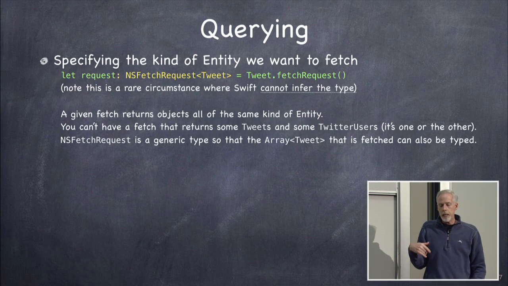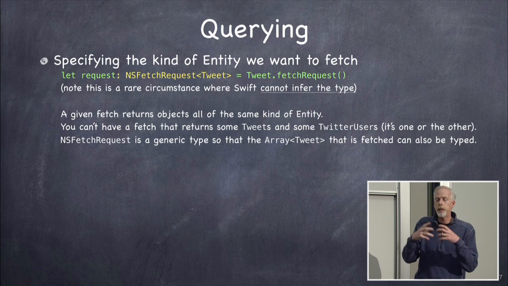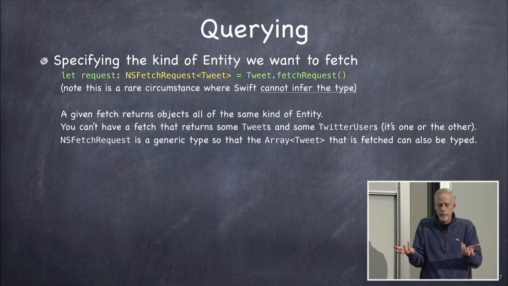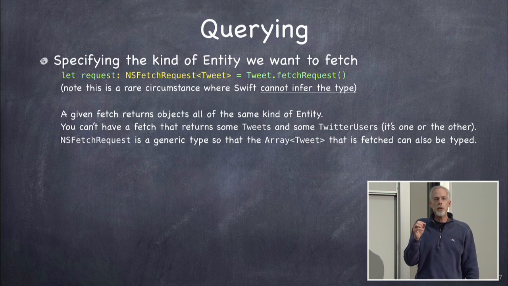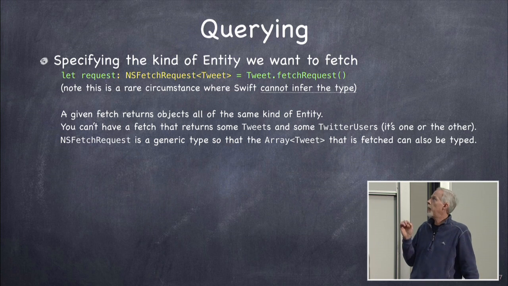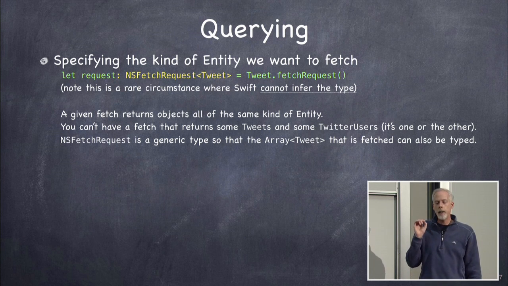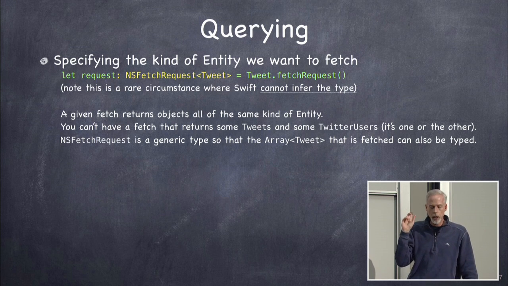Getting the fetch request is easy. We're going to use that little static function that the extension that I talked about made for us, called fetchRequest. Now, this is one of the very few times when Swift cannot infer the type of this return value. I should put this in red, because it's so rare. Swift can almost always infer things. But it turns out NSManagedObject has a fetchRequest method, and it returns a more generic kind of fetch request. And so when you're getting it, it doesn't quite know which one you want. So when you ask a tweet for its fetch request right here, you have to tell it that you want the one in Tweet, not the one from its superclass.